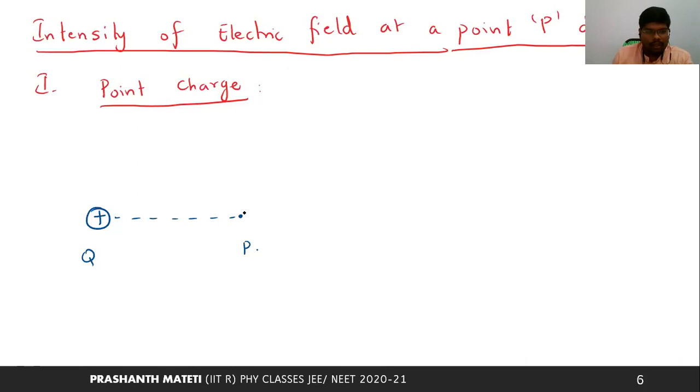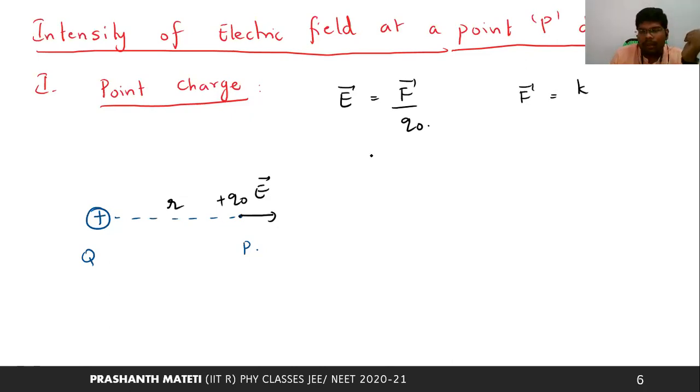So at a point, at a distance of r, since it's a positive charge, it's going to produce an electric field away from it. That means along this line it is going to produce a field, and we want to find it. So how do you find it? We know the definition: E is equal to F by Q naught. Whatever charge Q naught you put there, what is the force it is going to experience? That comes from Coulomb's law. And in terms of magnitude, you can write F by Q naught.